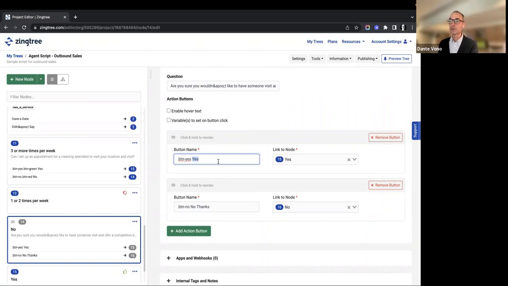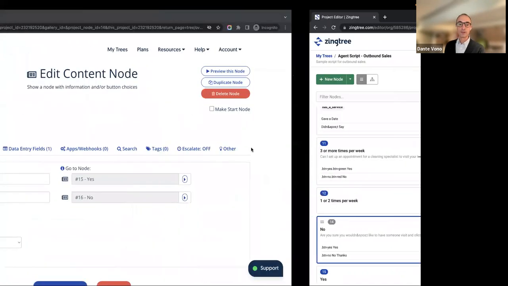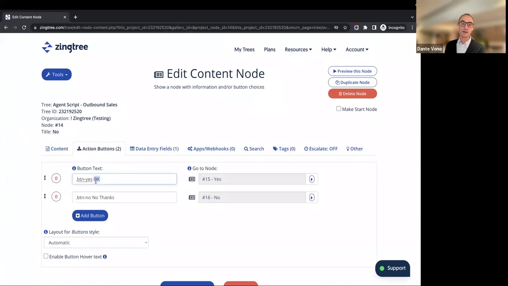So we're going to change this here to, what was my change? I think it was to change OK to yes. It looks like I did this already yesterday in my rehearsal. So that's what it started off as, and we're going to change that to yes. We didn't actually make the change in the classic authoring, so let's do that. So we're going to change that to yes.